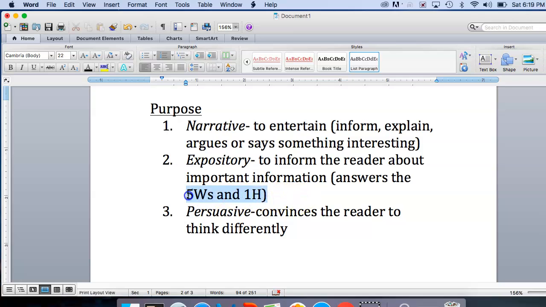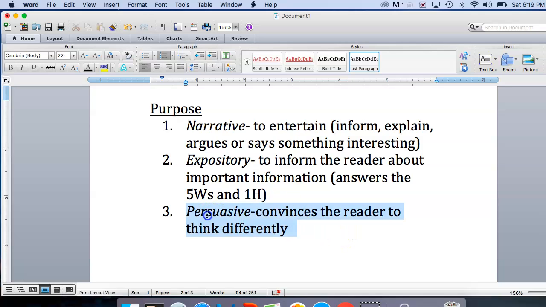You're not going to find a reading that has all of this. In some things that you would read, you would just find some of the 5 W's. Maybe the 1 H is not even there, but in some readings, it may be there. So, an example of this would be the books we read in class, or something that you read in science or social studies class. That would be an example of expository.